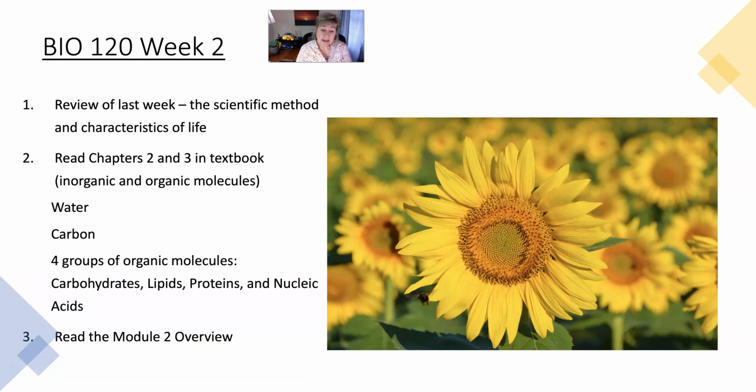So as a quick review from last week, you learned about the scientific method, which is a very organized way to figure out answers to problems. And you gave us an example of how you use the scientific method every day. We use it all the time, every single day, most of us. It's just a way to critically think about the world and think through a problem and how to solve it or how to find an answer to it. You also learned about the characteristics of life: order, sensitivity to stimuli, evolution, adaptation, all those sorts of things.